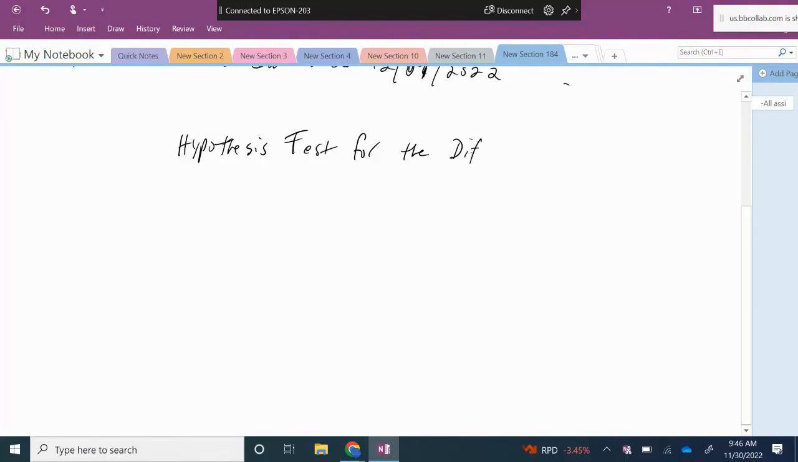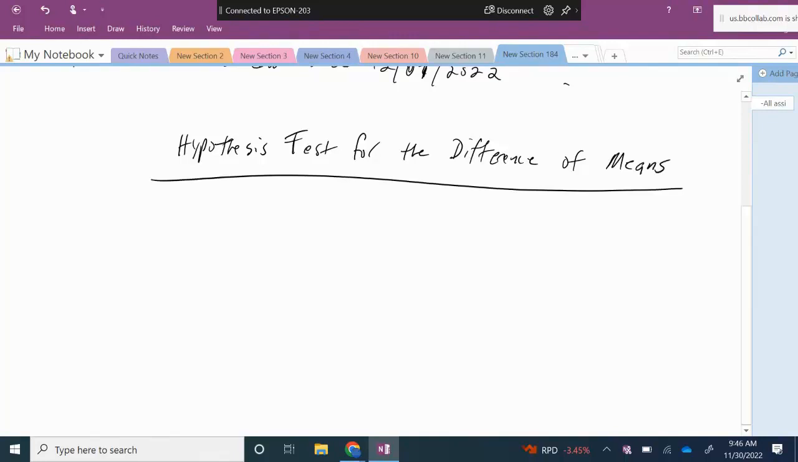For the difference of means. Okay, it's much the same as the hypothesis test for proportions and the hypothesis test for means. In this last section, the hypothesis test for difference of means, we're going to compare two means, right? One mean is